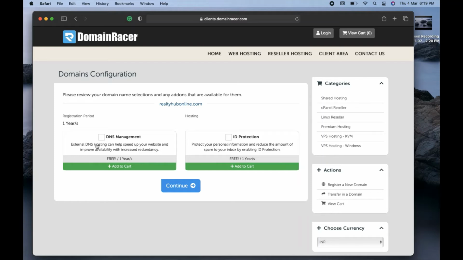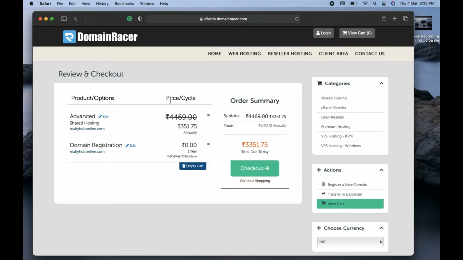So basically DNS hosting will help to make your website work faster, and the ID protection protects your website and your identity also. So if you want, you can use these two, or if you don't want, it's totally up to you, it's solely your decision. I will then click on this continue option, and proceeding further,